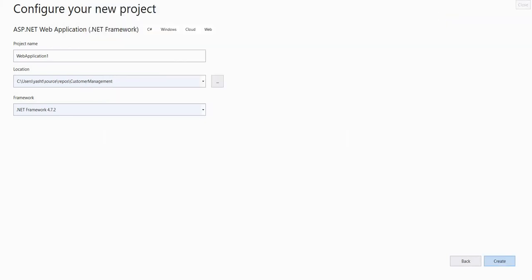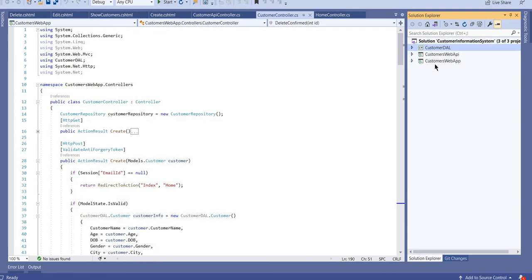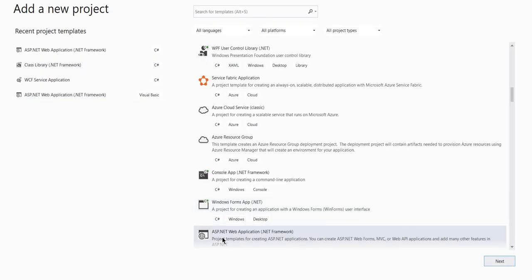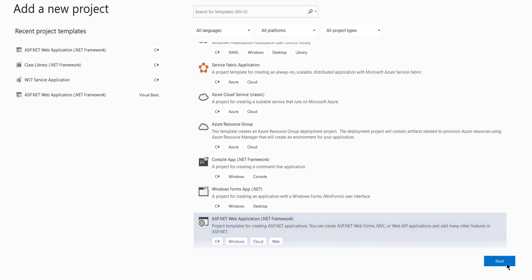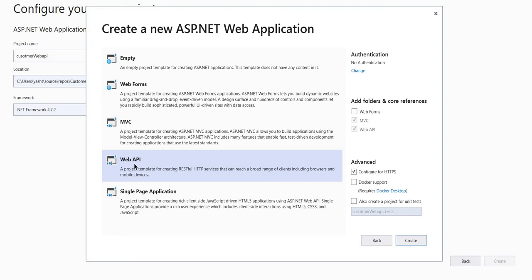In the same way, the third project we are going to create is a web API. Okay, so the third project you will create like the same ASP.NET web application project. Next you give some name like customer web API, and then you have to select web API.